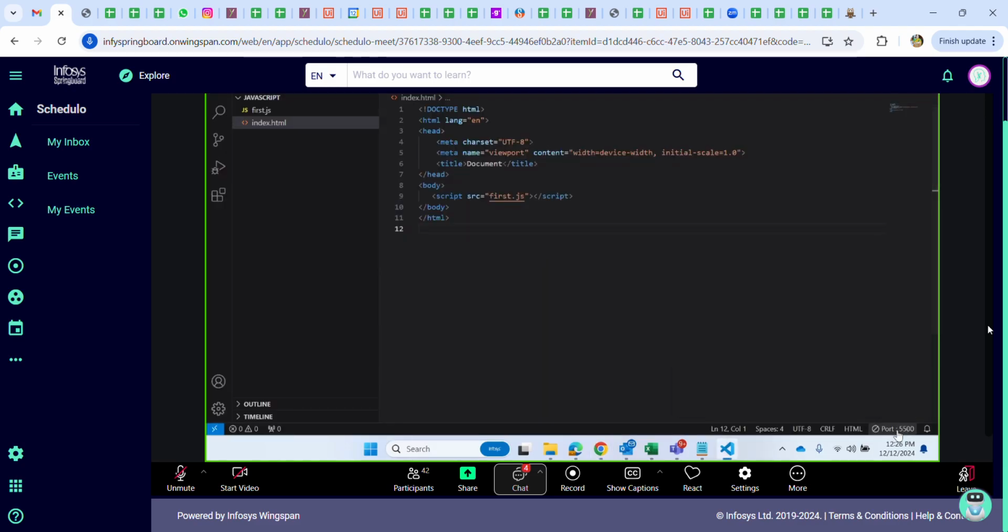Now, if your server is live, one more benefit is there. If I comment this, sorry, let me not comment the entire thing. If I comment this, if I save it,